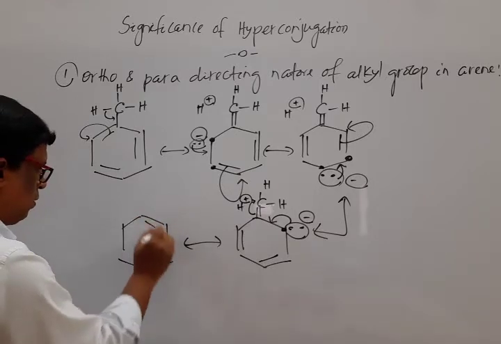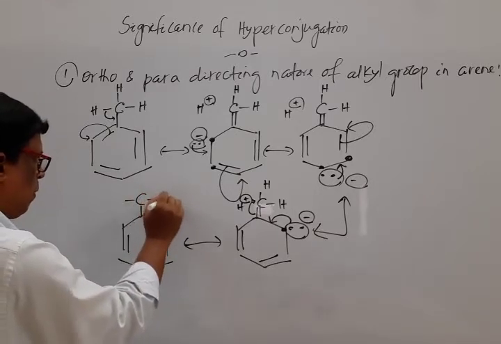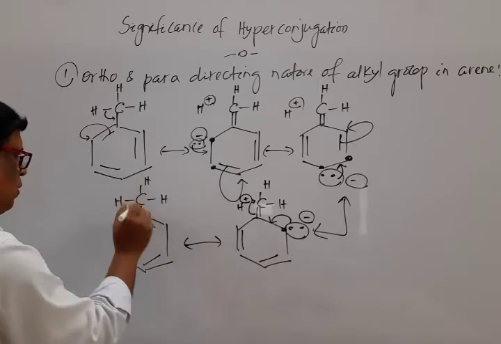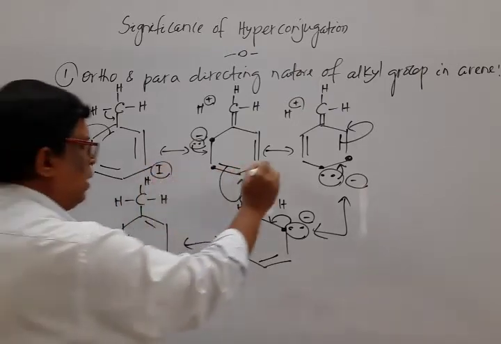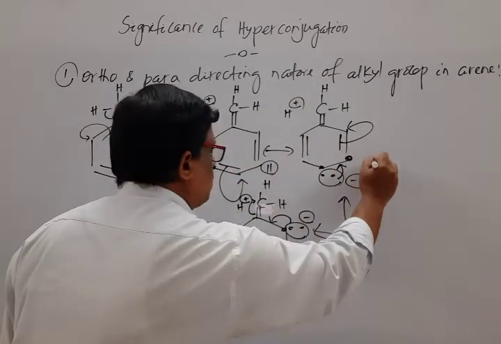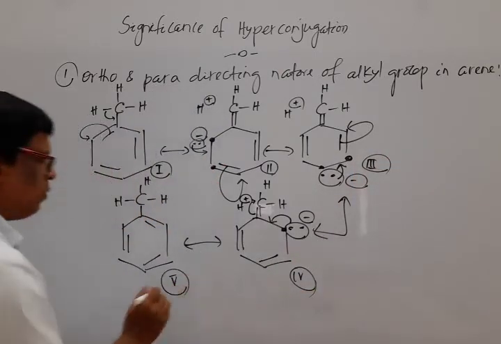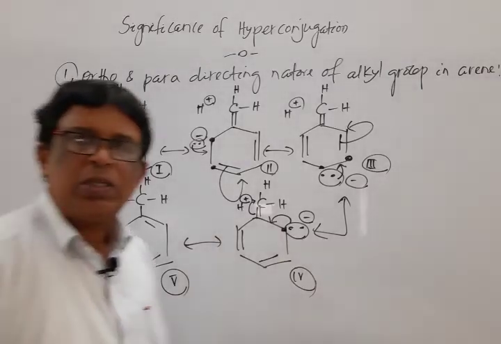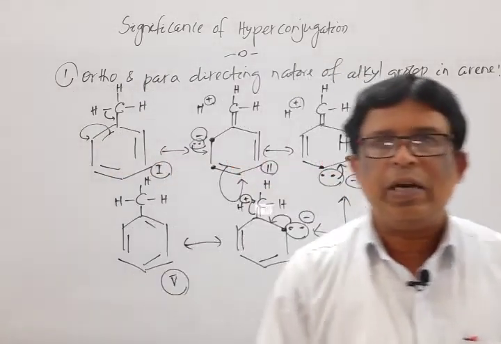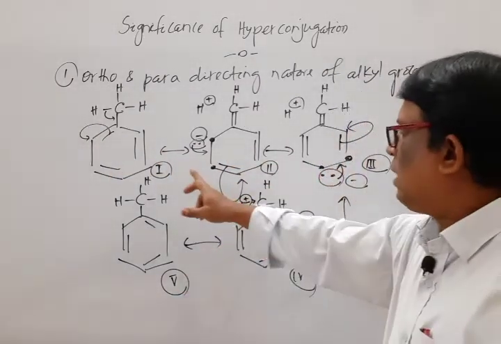Mark the structure. So it is structure 1, structure 2, structure 3, structure 4, structure 5. Okay, from the resonating structures it is clear that the electron density